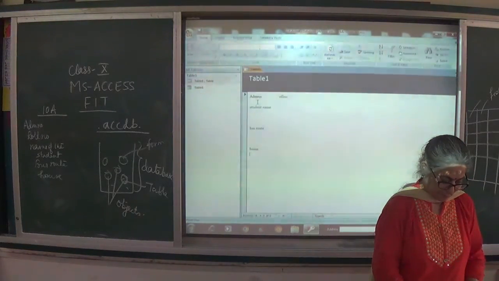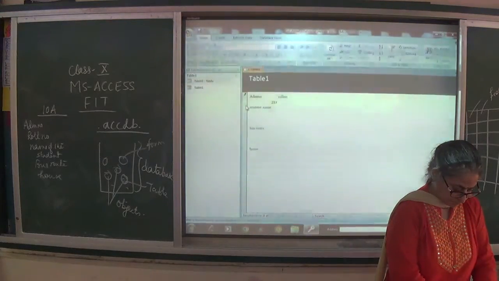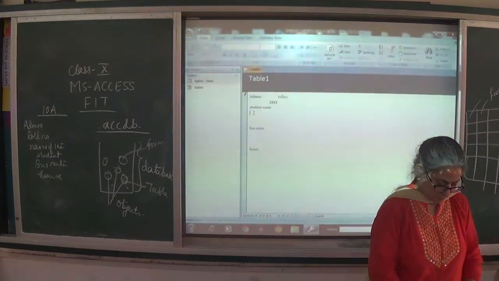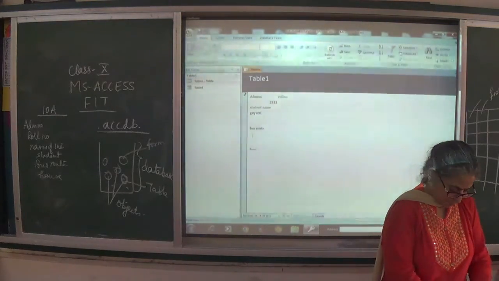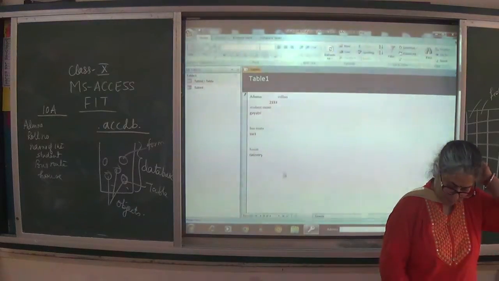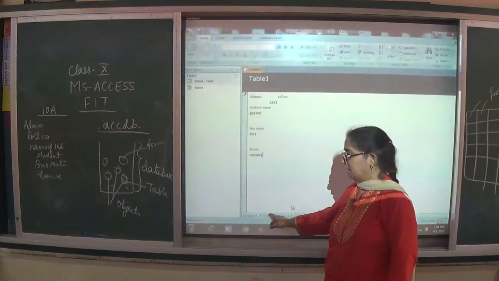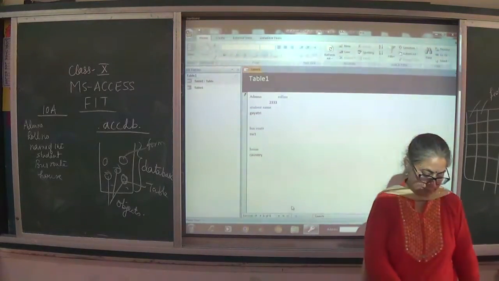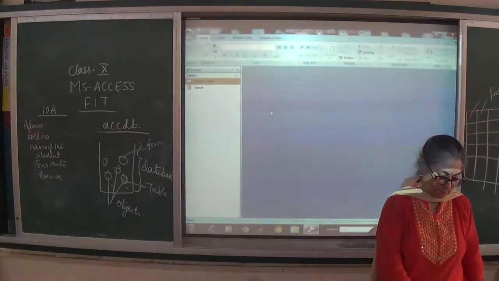Then again go to the next. Student name, bus route, house. This is how the navigation bar is showing me the increase in the number of records. And I close from here.